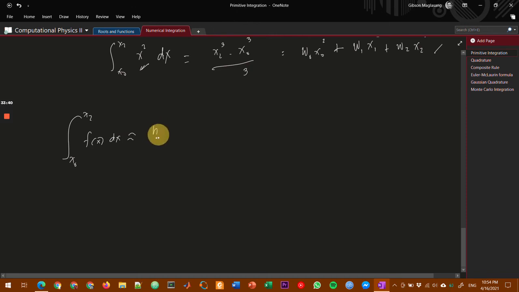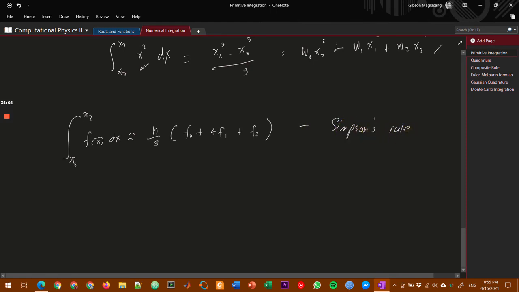So it's actually given by h over 3. Okay. F0 plus 4 F1. So muna ang mga weights niya. Plus F2. Okay. 1, ang coefficient niya is 1, 4, and then 1. Okay, this is the Simpson